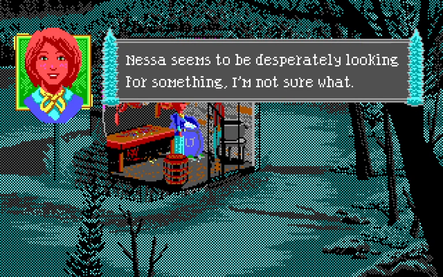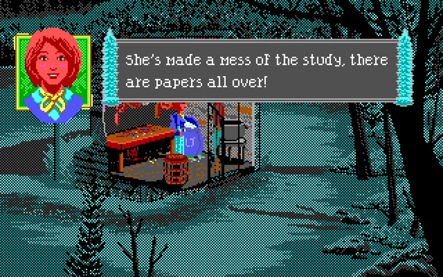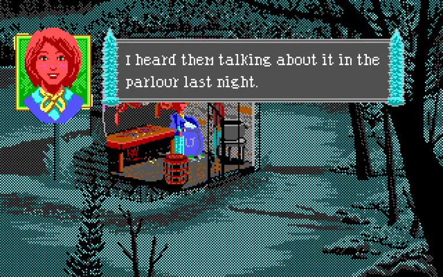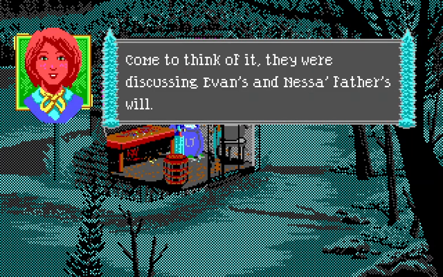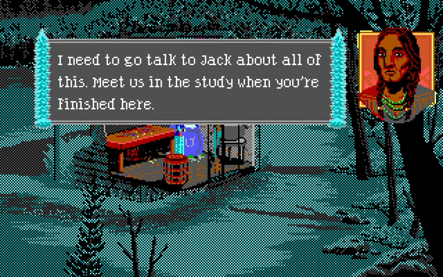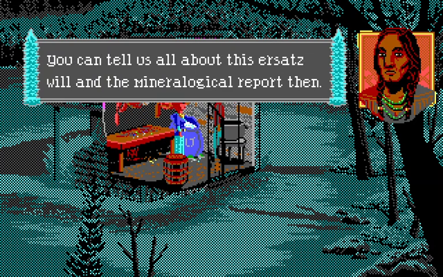Yes, Nancy? Nessa seems to be desperately looking for something. I'm not sure what. She says she's looking for a brooch. She told us she's looking for her brooch in the closet. She's made a mess of the study. There are papers all over. I think it has something to do with a will. I heard them talking about it in the parlor last night. A will? Come to think of it, they were discussing Evan's and Nessa's father's will. That was after dinner yesterday. I need to go and talk to Jack about all this. Meet us in the study when you're finished here. You can tell us all about this